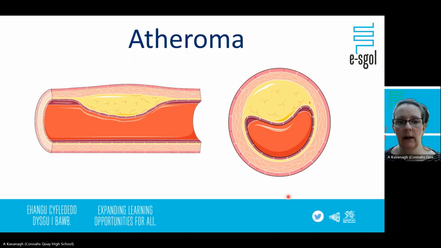So here is a diagram of our artery, and we are familiar with this. Here we've got cells plus our thick artery wall. But here, what is happening is a build-up, something called an atheroma, and that's a fatty build-up, sometimes called a plaque build-up. And as you can see, it is stopping the blood from flowing as well as it could do. And here we can see on this other diagram of our blood vessel that this part here is where our blood would flow,